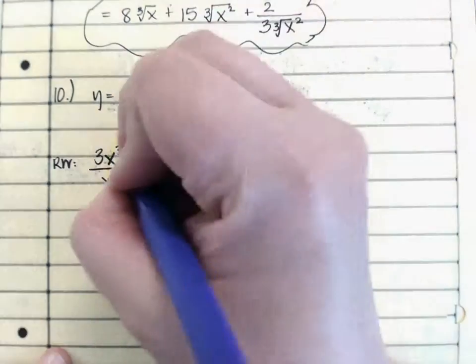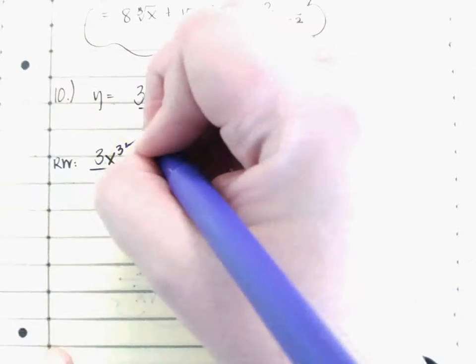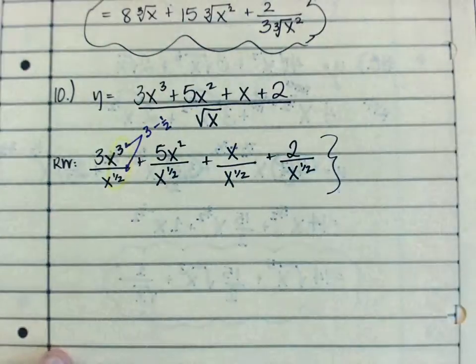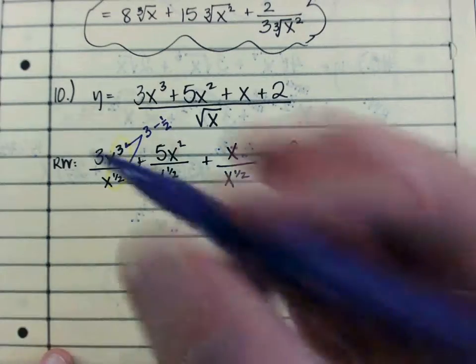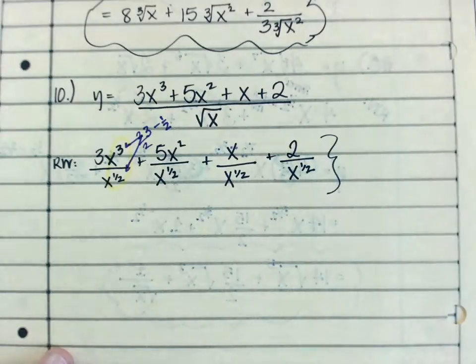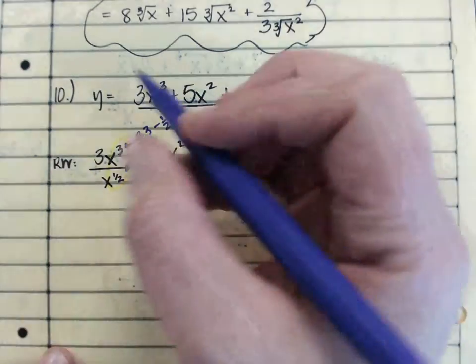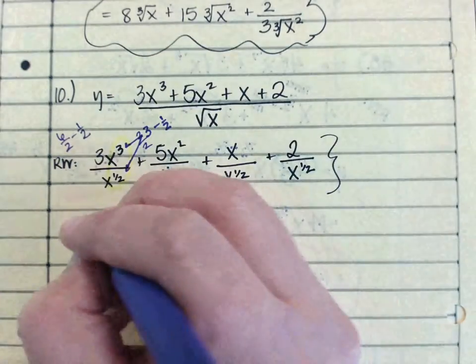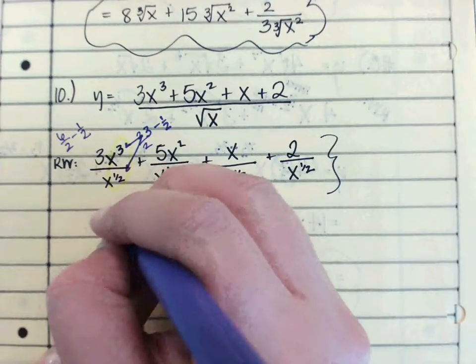Subtract. I need to be able to subtract these two. So if I need to do 3 minus a half, then I'm going to convert 3 to be in halves. So multiply by 2 over 2. 3 over 2, 3 times 2 is 6 halves. So what is 6 halves minus 1 half? That's 3x to the 5 halves, plus